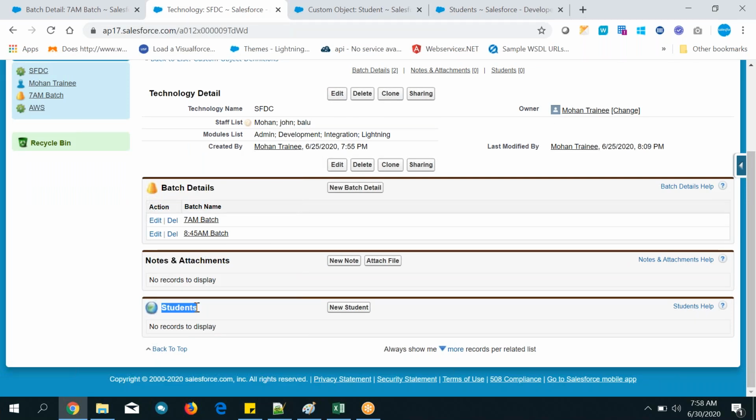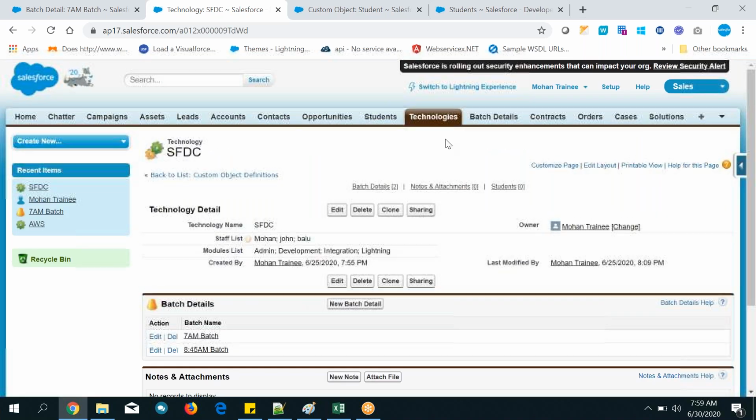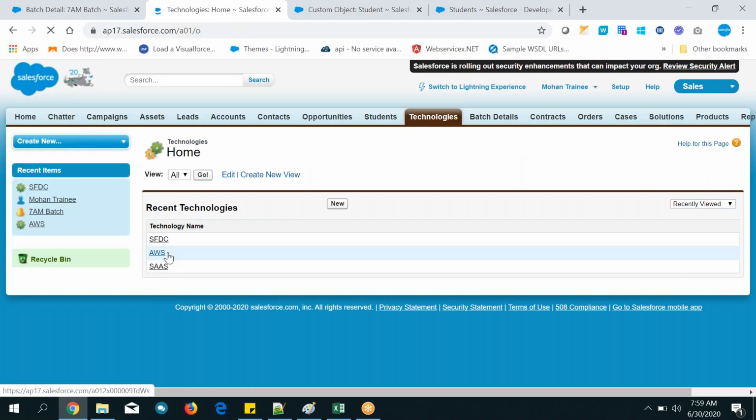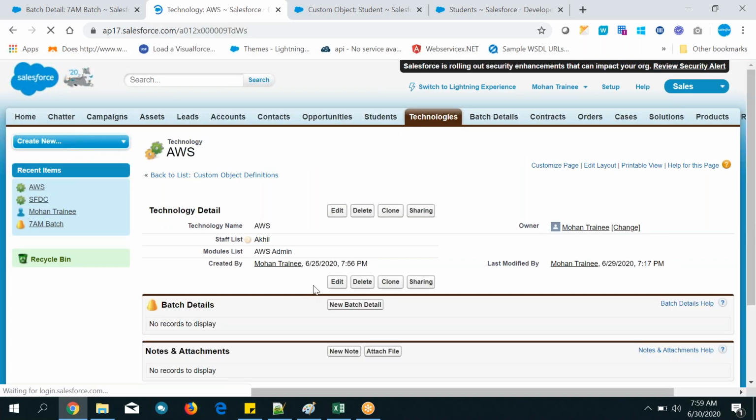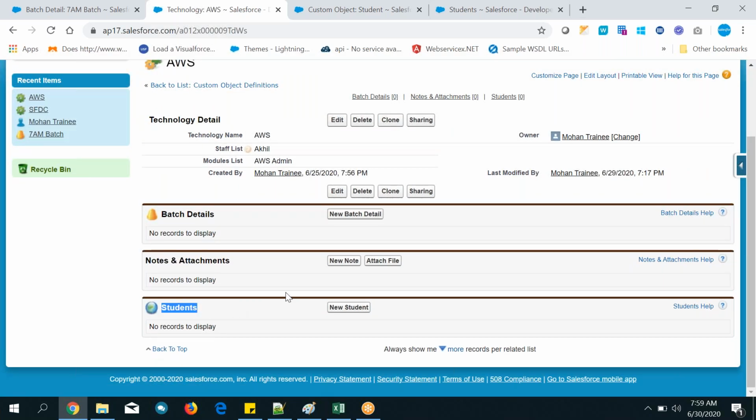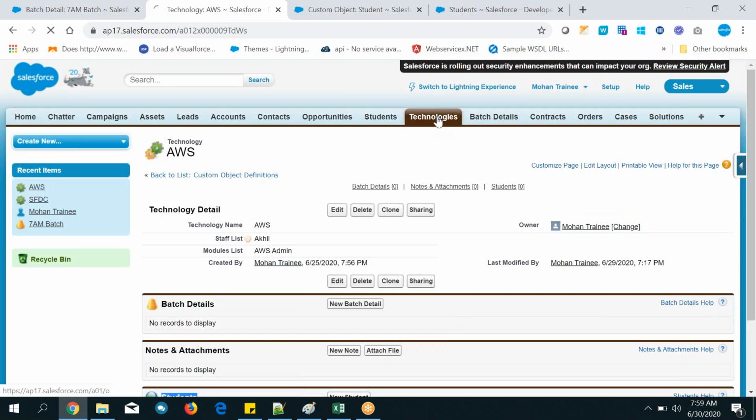The plural label name is Students, so that's what will be displayed in the related list. Same way you can see it in all places, because we have selected it, that is the reason this related list is displaying on each technology.